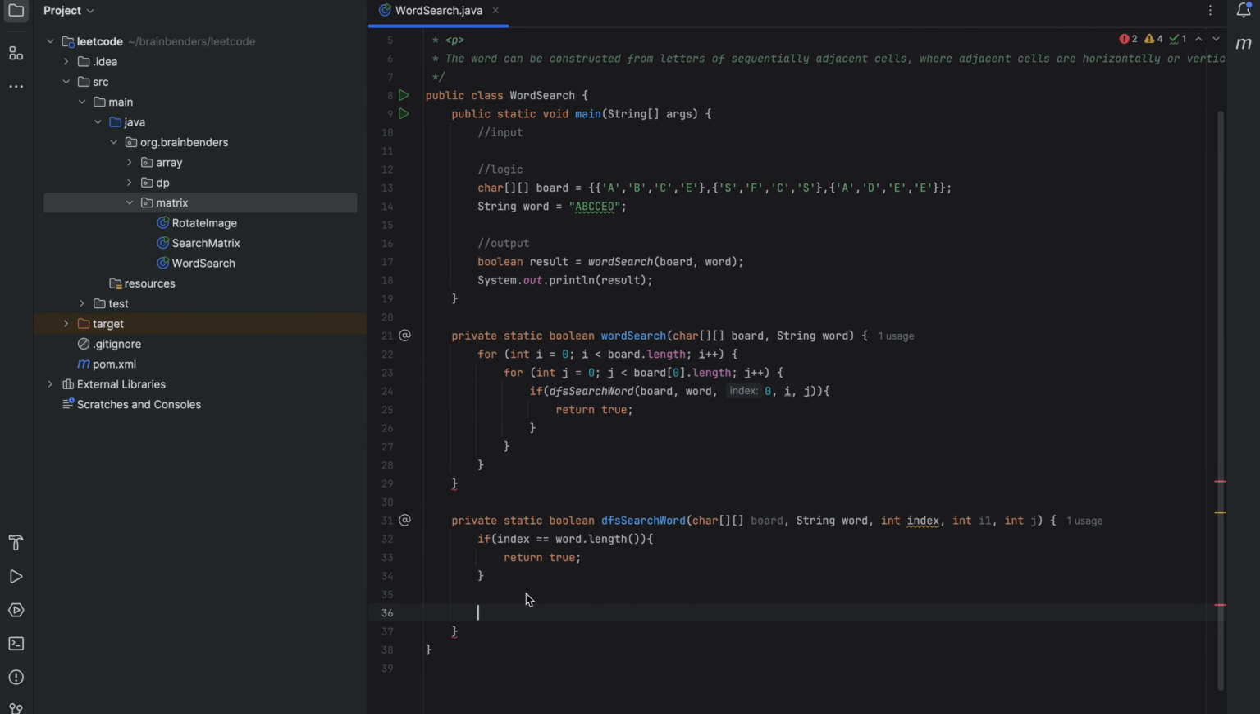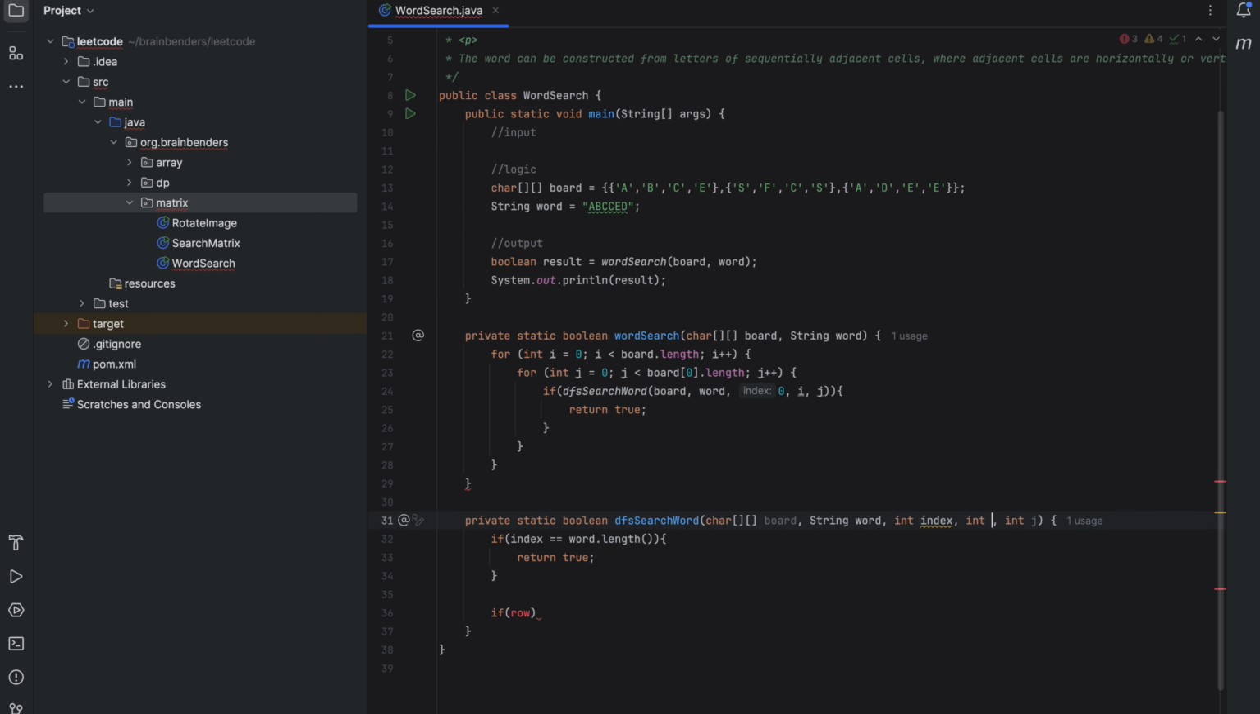So what I was saying here, I can write again. Let me rename it to something more meaningful: row, and this is col. All right, so if row is less than 0, this is one condition. All right, or row